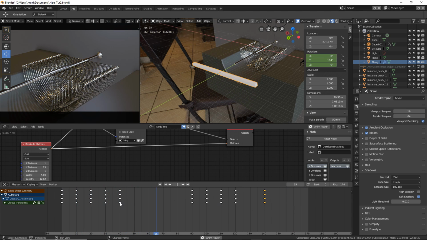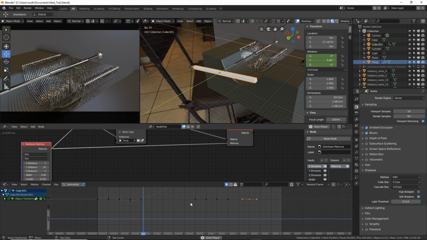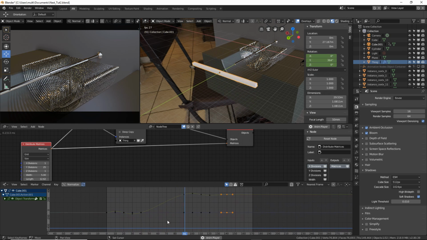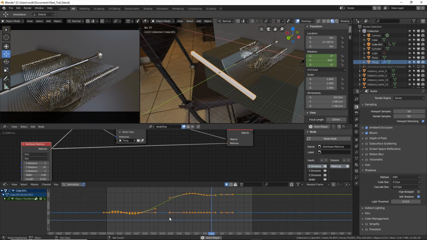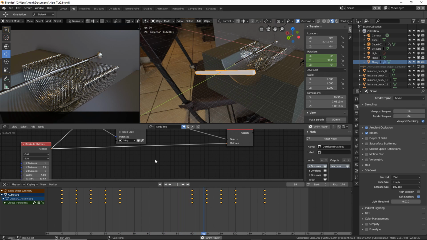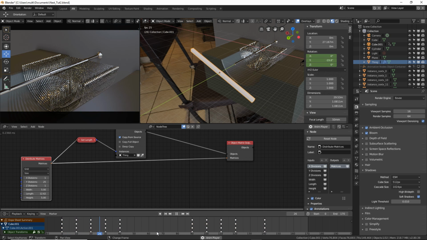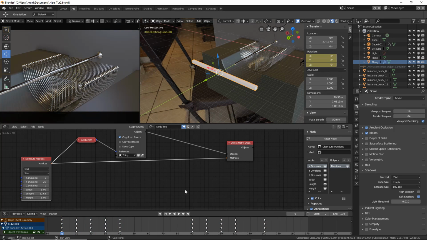If you press the Control Tab key in this keyframe editor, it will turn into this graph editor where you can edit the graphs. I'm happy with this, so let's go to keyframe editor, and now what we'll do is stop.